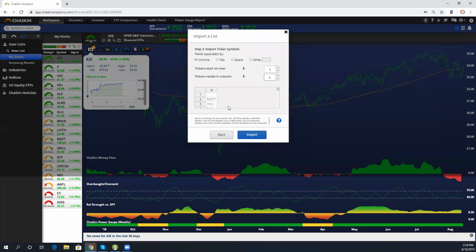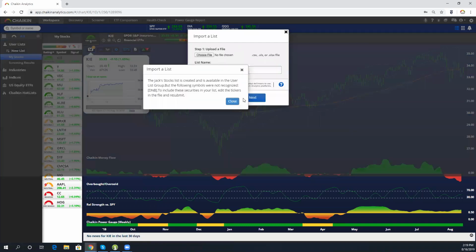No bold, no underline, no italics, upper or lowercase doesn't matter, just the symbols all in a single column. Save that file, and you can save it as an Excel file if you want. You can save it as an XLS, the current version of Excel. We can still import those files and know how to treat them. So I'm going to go ahead and say import,